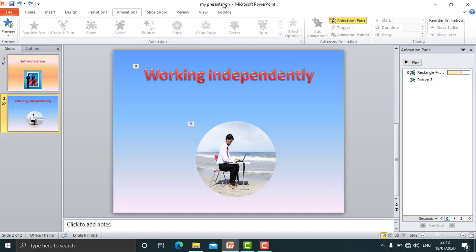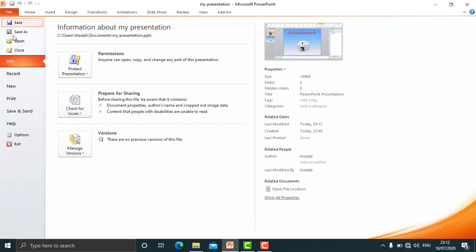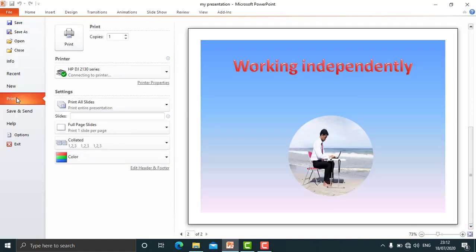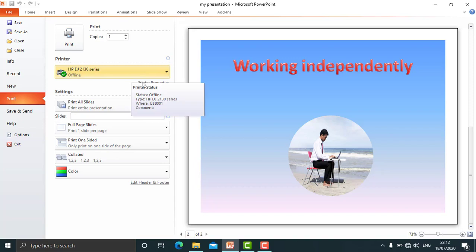And after saving, if you want to take the printout of the slides, you can even take the printout, like you can take printout for other products of Microsoft. Simple thing, click on file and click on print. As you click on print, the same box will appear which appears for rest of other applications. Print option is here, number of copies is here, the name of the printer is here, and these options which are related to get the printout.